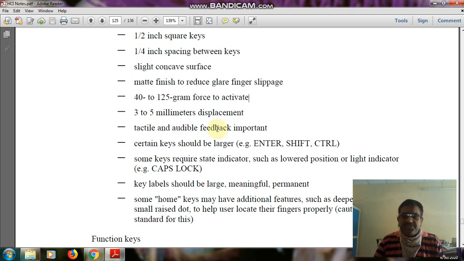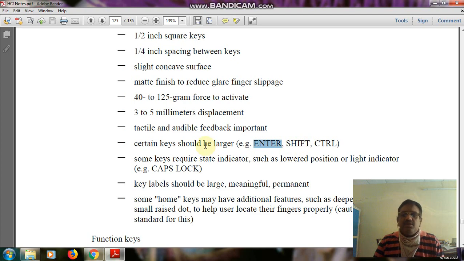You must consider the suggestions, that is, feedback for the development of keyboard designs. Some certain keys will look larger, like the space bar, the enter key, the caps lock, the shift key, or the control key.